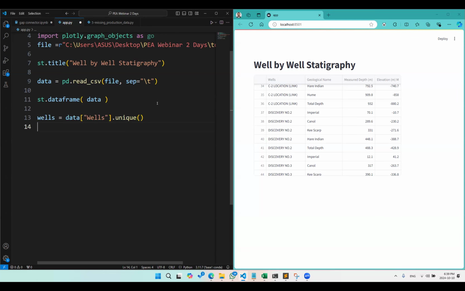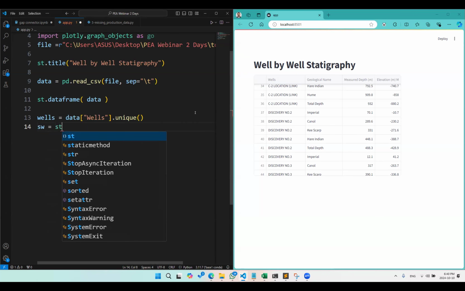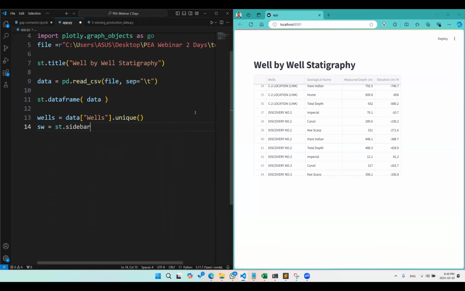Once we do that, it's time to create a control that will allow the user to select the wells. The control will be called selected wells. You can name this as long or as short as you want, or just use symbols like SW, short for selected wells, equals Streamlit, the interface we're targeting, dot sidebar, which is the location where I want to put my control, on the left, dot